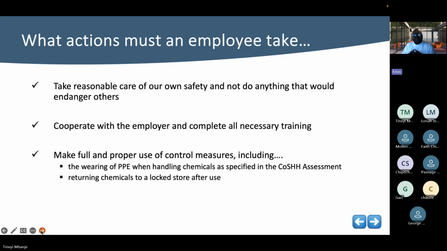Take responsible care of your own safety and not to do anything that would endanger others. Cooperate with employer and complete all necessary training. And I think it is imperative to say, look, if you find the COSHH assessments that are inadequate, find out how these people who have filled it in have been trained. And if you are a professional, you might want to advise them to take them for training. Again, if you are the one to assess them and look at them and you find them inadequate, you can give a few examples, but then encourage in writing to send these people in training,